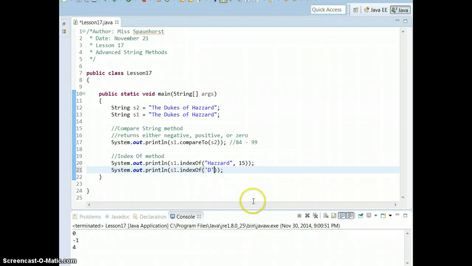You can also, if you know the ASCII code for capital D, which is 68, find the index where it is based on the ASCII code. So you can run it, and it still gives you 4. Very cool. You can also have a modification of index of and call it last index of, which means if we're doing index of, it finds the first instance. If you do last index of,